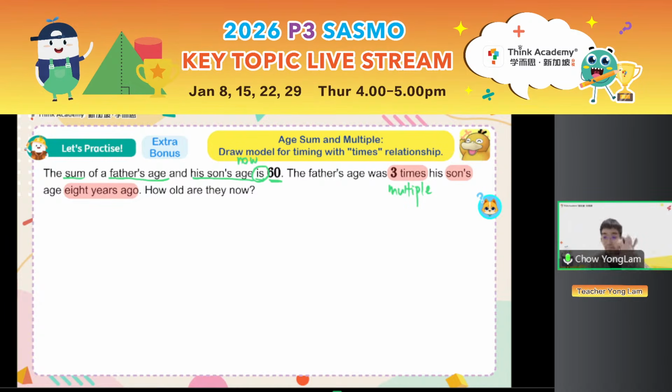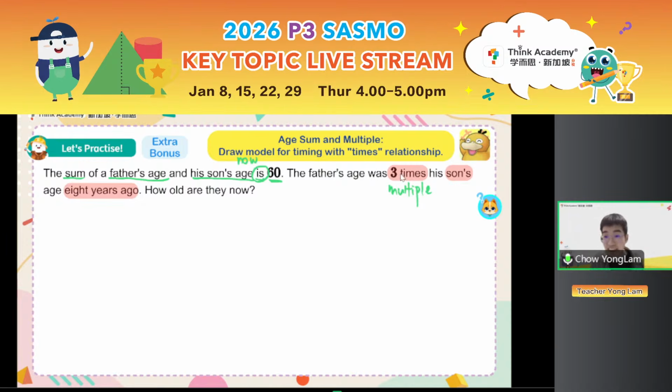So you see, we have the sum, we have the multiple. Should I start by thinking about the sum or start by thinking about the multiple? Should I draw the model based on the sum and the multiple? Guess and check, we can guess and check, but if the numbers get super big, or super weird, it might be a bit hard to do guess and check. So we will use a bar model to do it. I gave you the sum, I gave you the multiple, so we can draw a model, sum and multiple. And we always start from the multiple relationship.